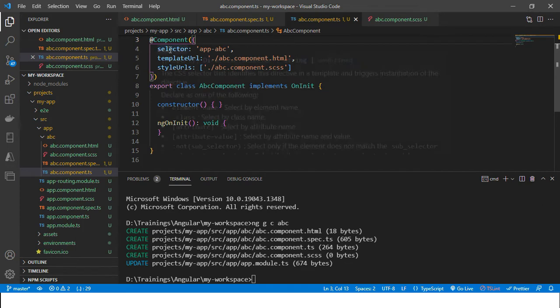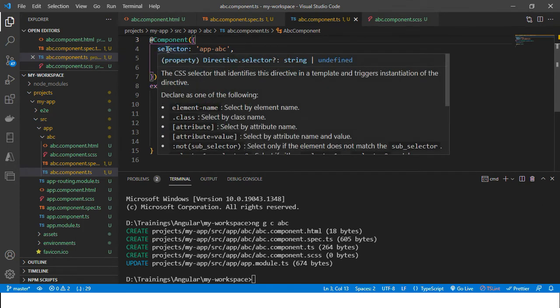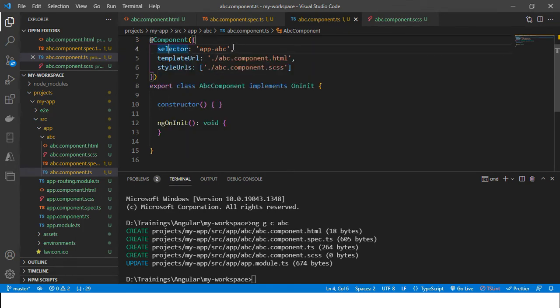This object literal has key value pairs: selector, whose value is app-abc; the template URL, which is the path of the view; and the styles URLs, meaning the styles applied to this view.